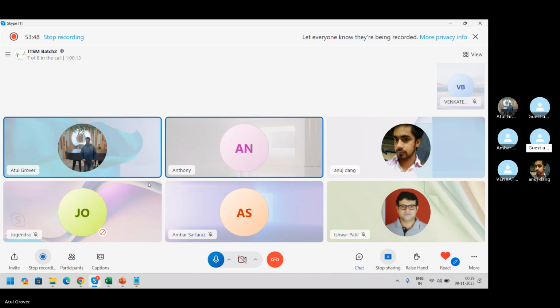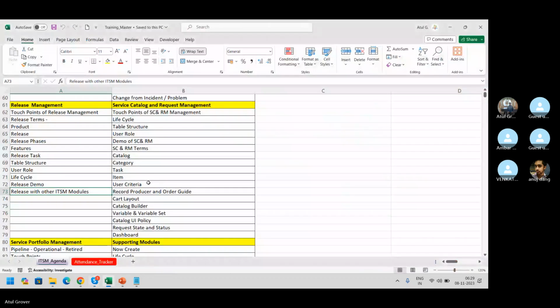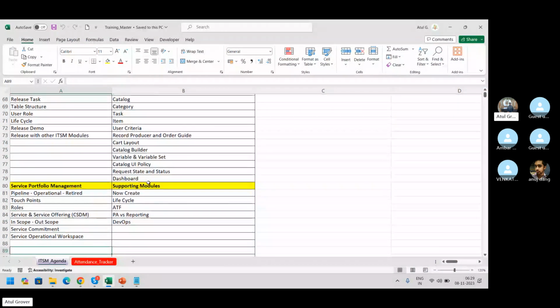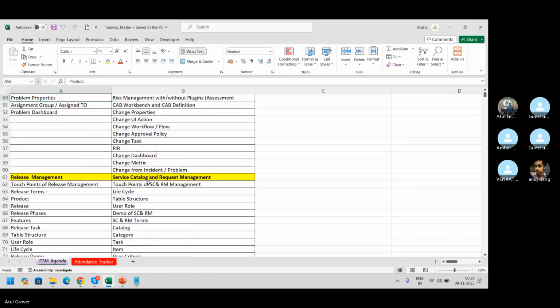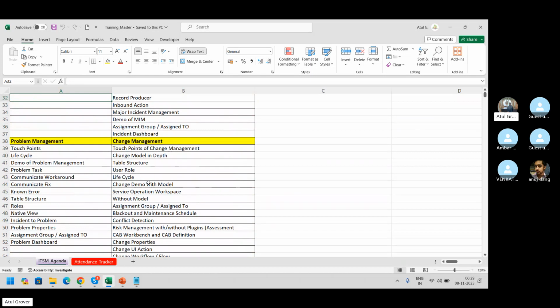Atul, will you be covering performance analytics as well? No. So performance, I guess I just have a small portion. No, nothing is there because that is not part of the ITSM training. These are the main structure, because when I was preparing for my training, these were the topics covered in that.